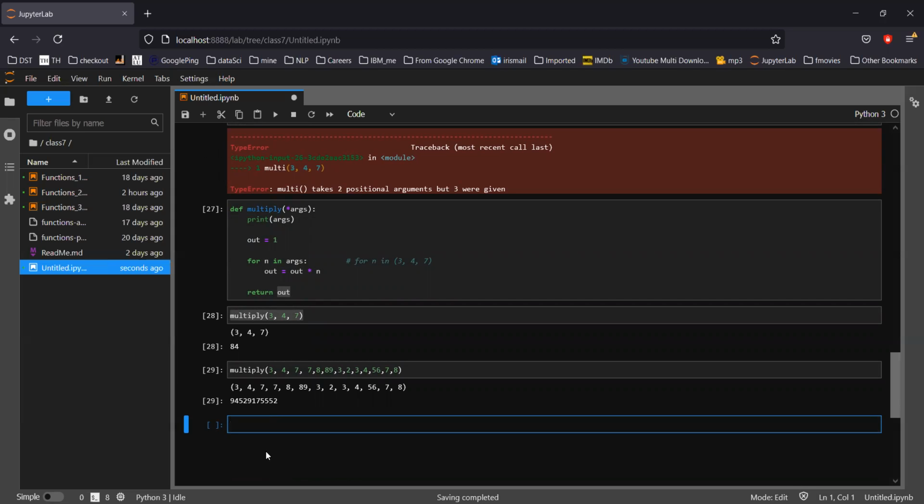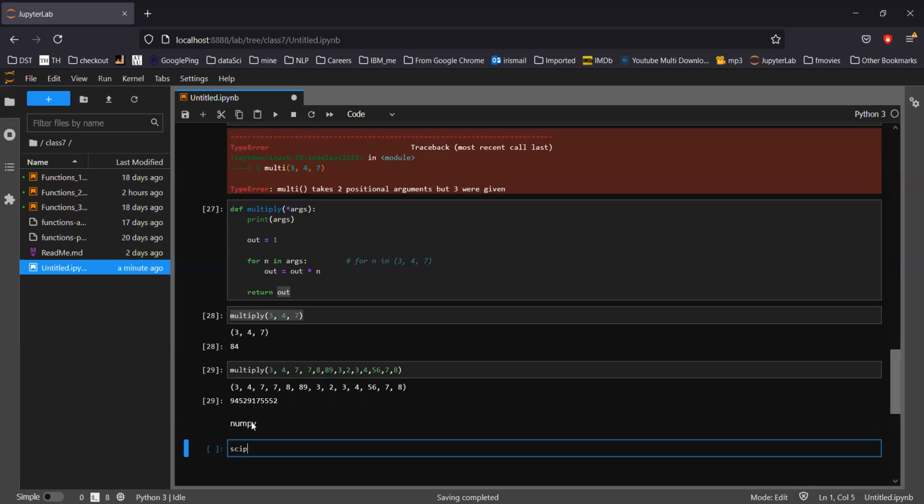Correct. Completely agree with that. And that is why, right now we are in basic Python, and my role here is to give you the basic concepts. There are libraries. There is a very famous library available called NumPy, and another one called SciPy.